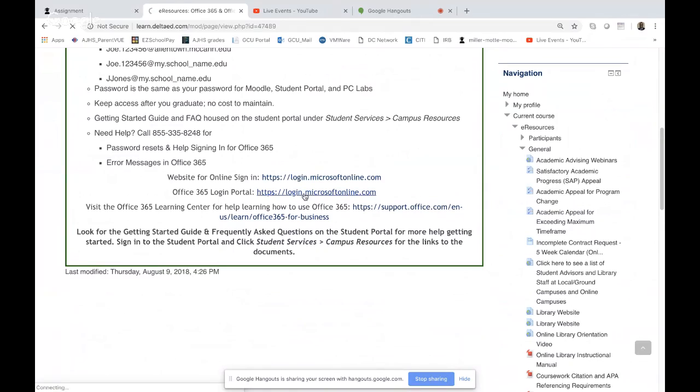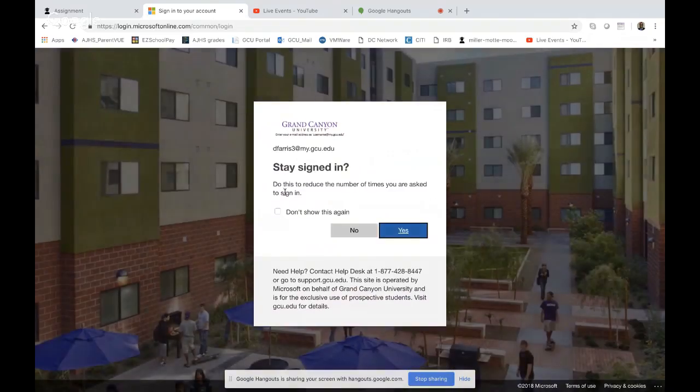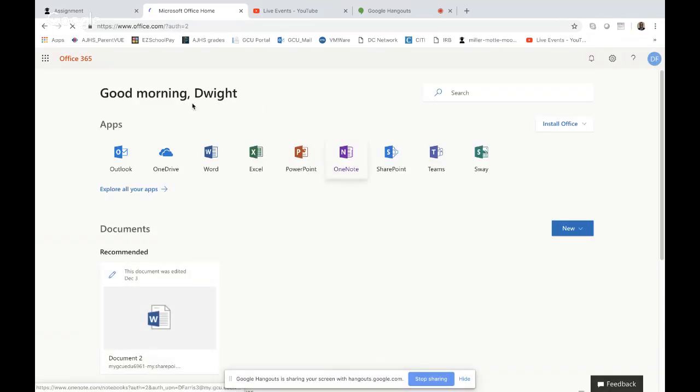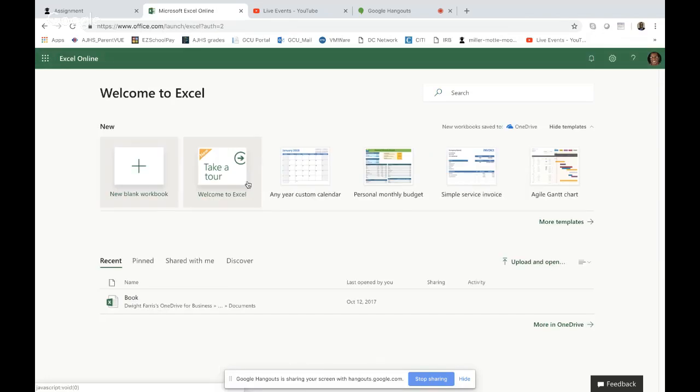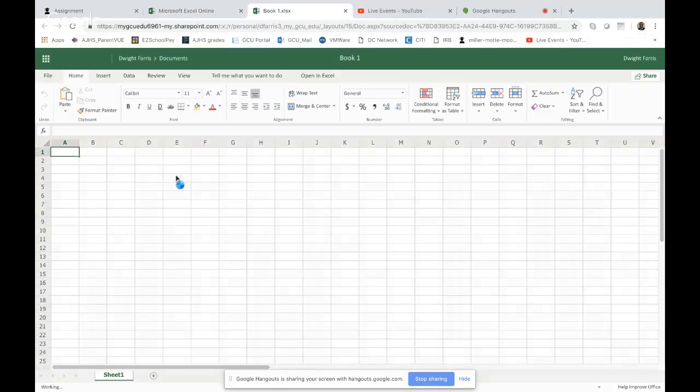This should take you right into Office Online. It shouldn't ask you for a username and password like I'm going to here. You shouldn't have to worry about that, but it should take you right to an Office 365 page where you have all of the applications, Word, Excel, PowerPoint, and additional ones which you're not going to use in this class. But for this particular hands-on project, you just want to click on Excel and open up a new blank workbook. And it'll go into Excel Online, and then if you've used Excel before, you see this grid view,